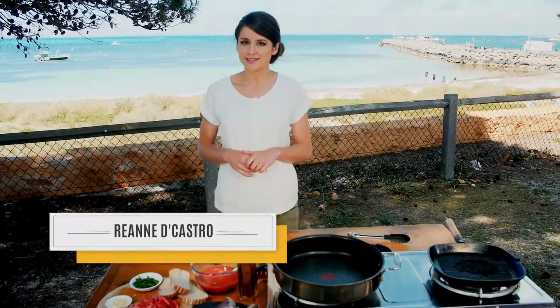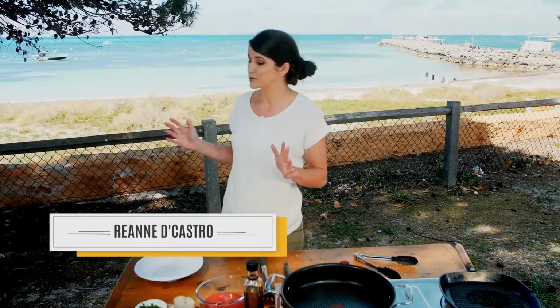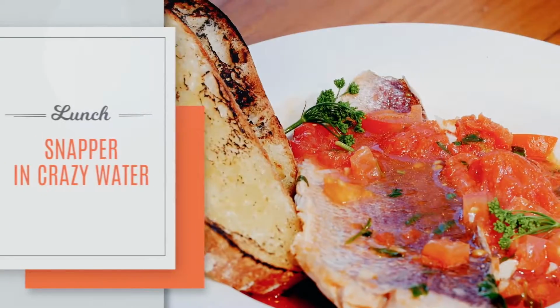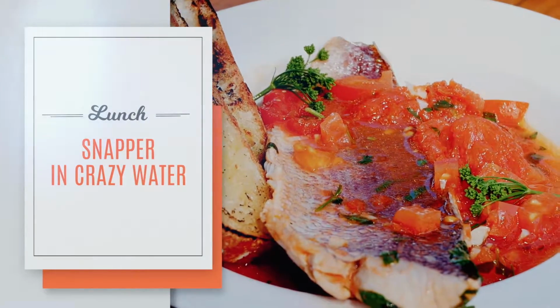Hello and welcome to Rottnest Island, the perfect location to cook a little bit of seafood today. We're cooking gold band snapper in crazy water, using a little bit of seawater, so no salt required in this